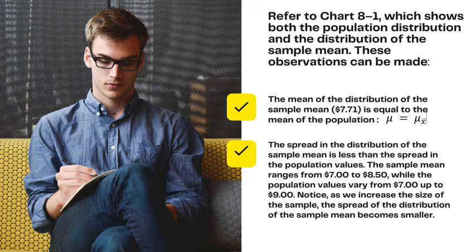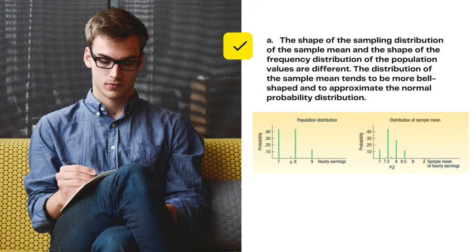B. The spread in the distribution of the sample mean is less than the spread in the population values. The sample means range from $7 to $8.50, while the population values vary from $7 up to $9. Notice, as we increase the size of the sample, the spread of the distribution of the sample mean becomes smaller. C. The shape of the sampling distribution of the sample mean and the shape of the frequency distribution of the population values are different. The distribution of the sample mean tends to be more bell-shaped and to approximate the normal